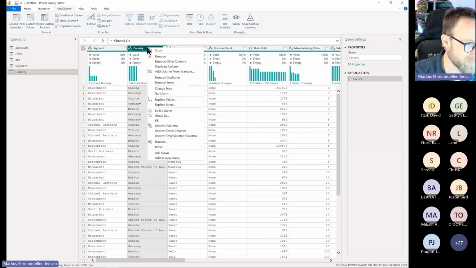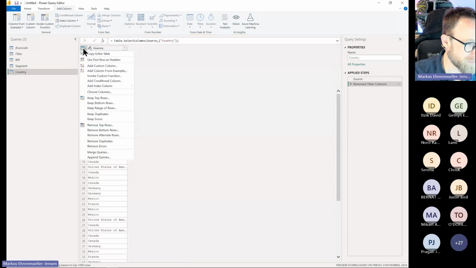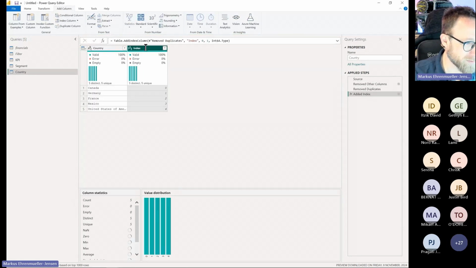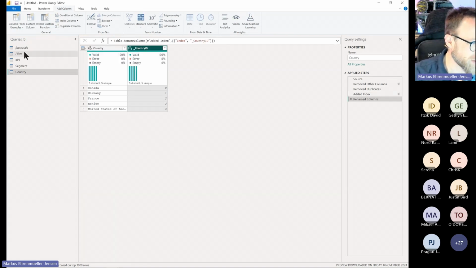Remove everything else. Looking for the remove the duplicates, and then the index column called _customerID, a country ID. Then once more,